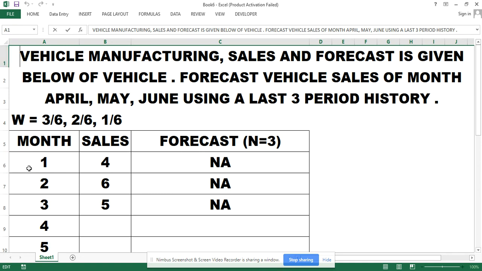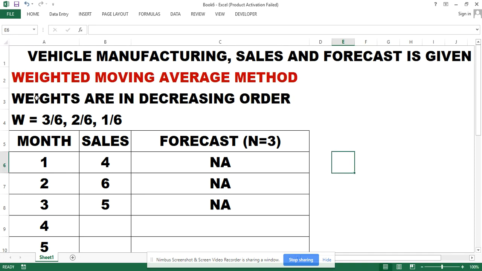This time we will use the weighted moving average method. How does the weighted moving average method work? Let's see. The weighted moving average method works in decreasing order: 3 by 6, 2 by 6, and 1 by 6. And how will we apply it? Let's see. For example, we will take equals this